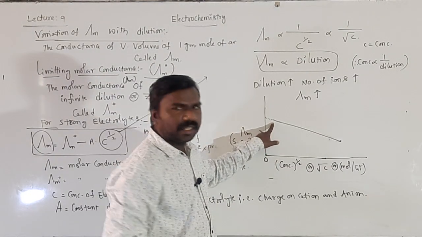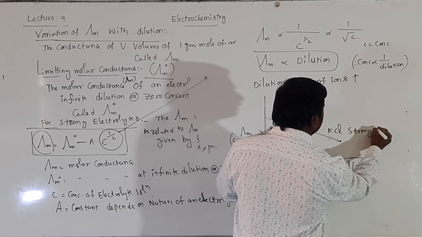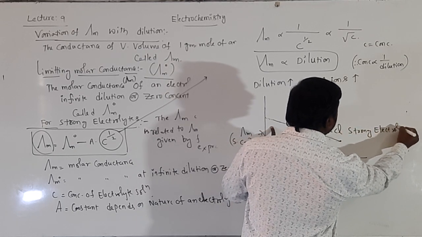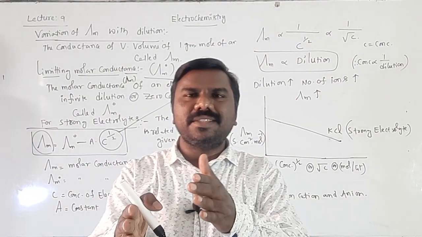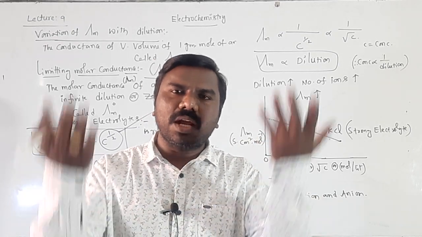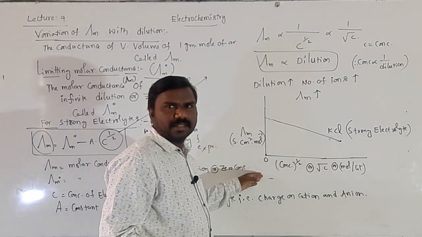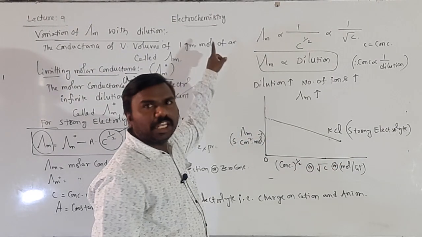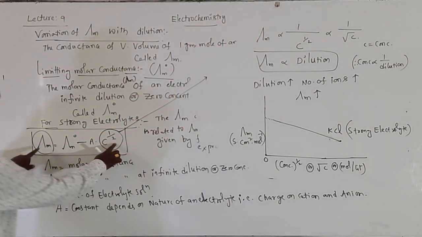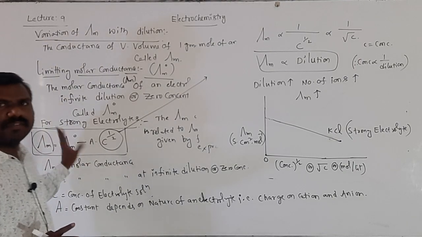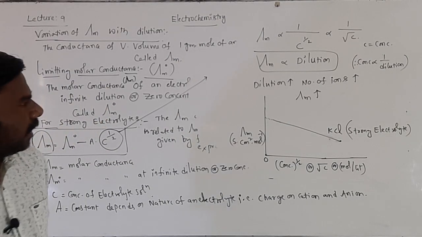At this point only, it is for KCl. KCl is a strong electrolyte. Strong electrolyte means generally which will be dissociated easily into cation and anion. More ions formed, more is the conductivity. So when concentration decreases, conductivity increases, because concentration and molar conductivity are inversely proportional to each other because of the negative sign in this relation. Getting all of you?